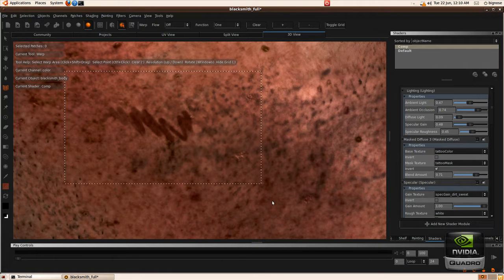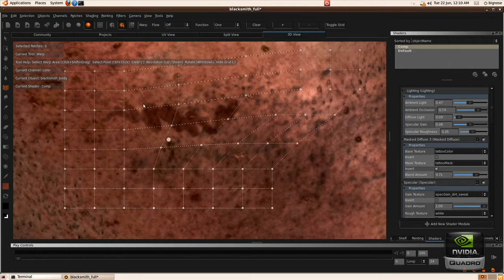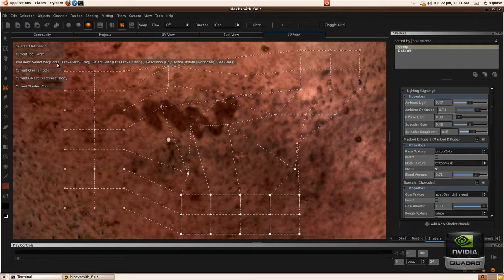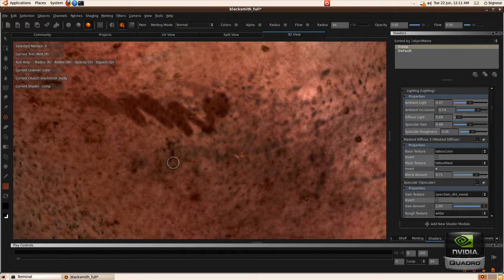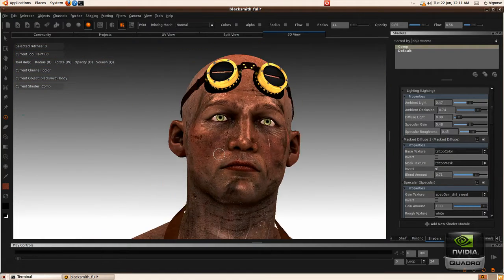What I can do now with my particularly lovely piece of texture painting here is apply some image manipulation and warping tools. Along with the painting, these are all GPU accelerated as well. So I get a really nice sort of smooth interaction, and as an artist I'm allowed to concentrate more on what I'm painting rather than dealing with technical limitations. So now that that's painted down, I can come out here and zoom out, and I've now made a modification